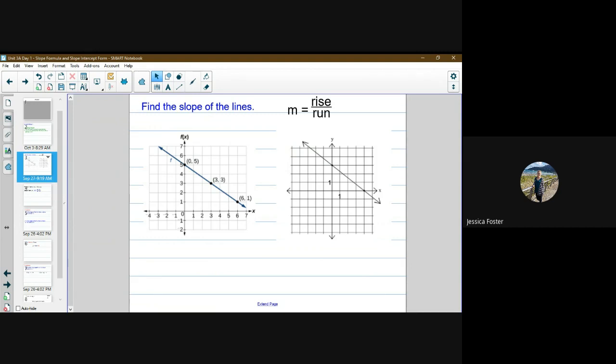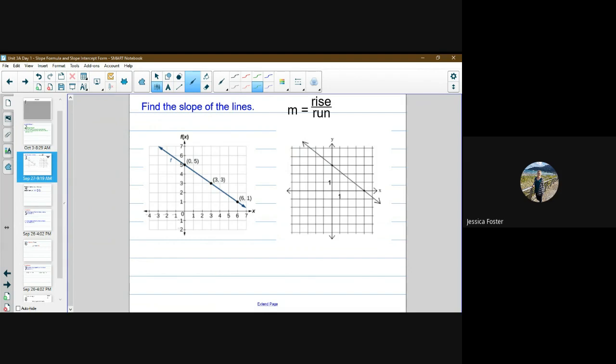So here I have two linear functions represented by these lines on these graphs, and we've been asked to find the slope of the lines. So whenever you think of slope, we should think rise, our change of y values, over the run, the change of the x values. So looking at these two graphs, we'll start with the one on the left here. To find the slope, first of all, decide, is this slope positive, negative, undefined, or zero? Those are our four options of what our slope could be,